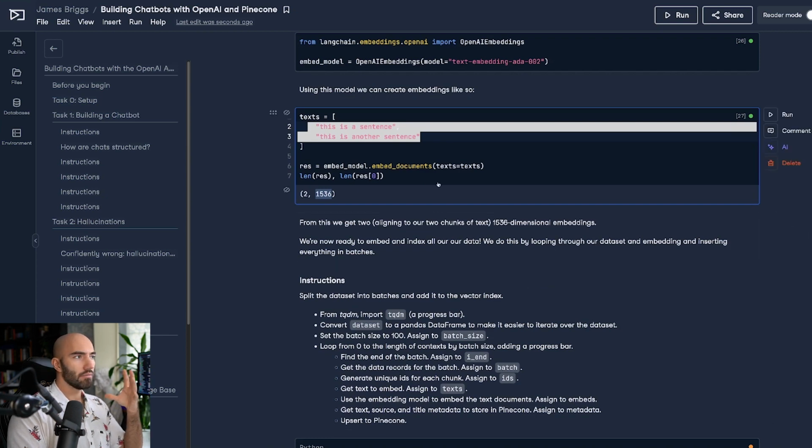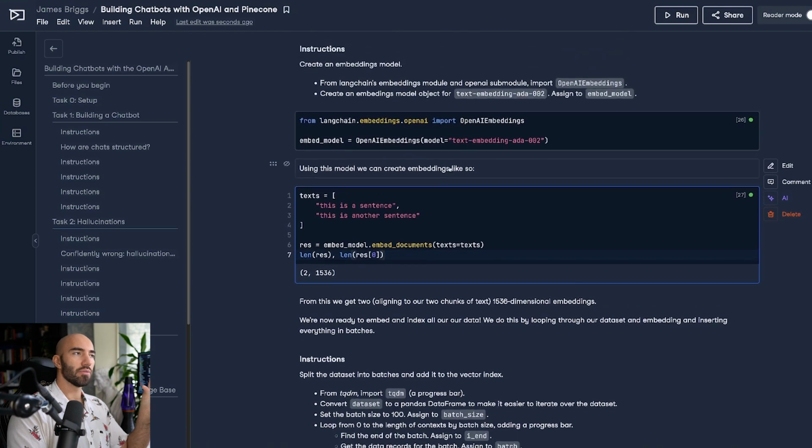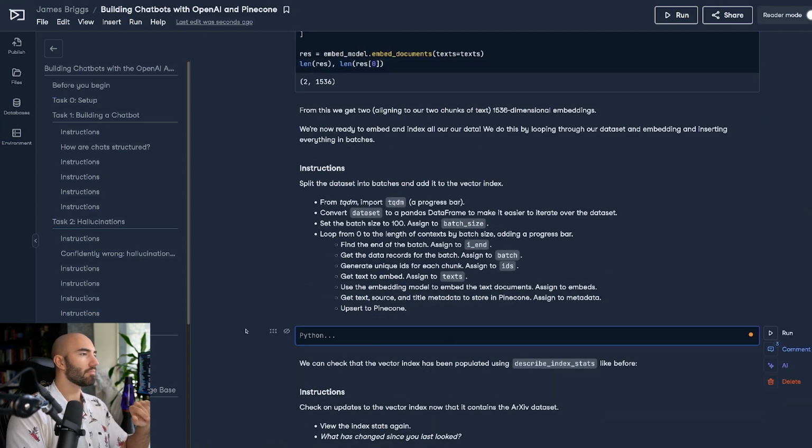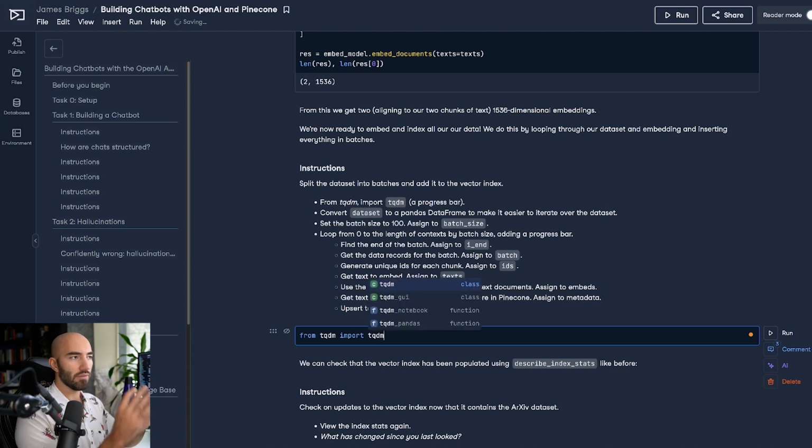Now let's see how we want to use all of this, and we want to populate our Pinecone index in this bit here. So first thing I'm going to do is, I don't like to wait for something and not see any progress happening. So I'm going to import tqdm, so we have a progress bar which shows us how far through the indexing process we are.